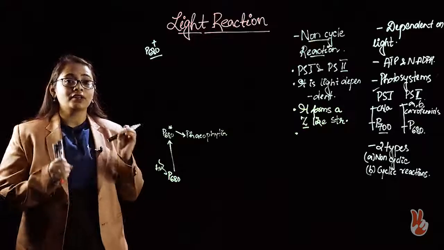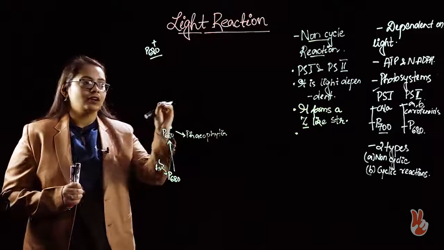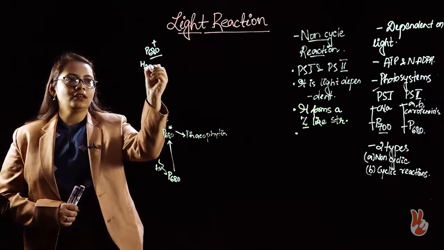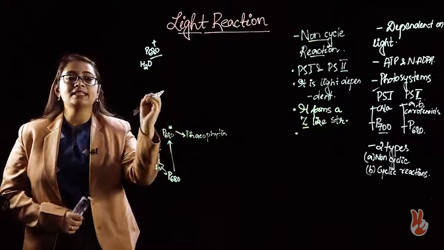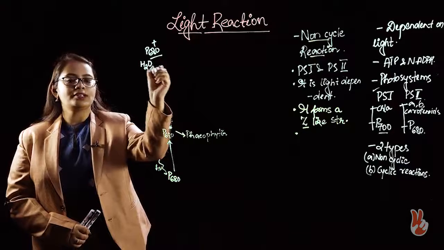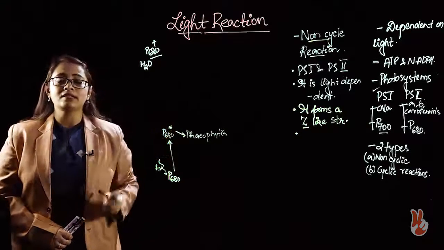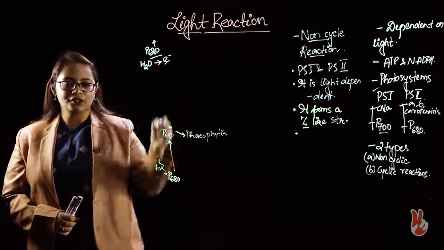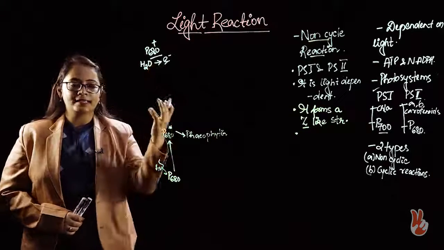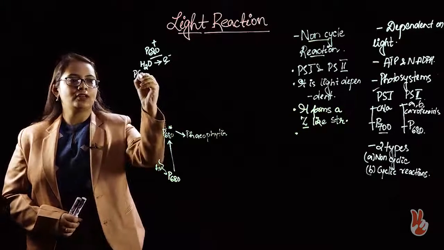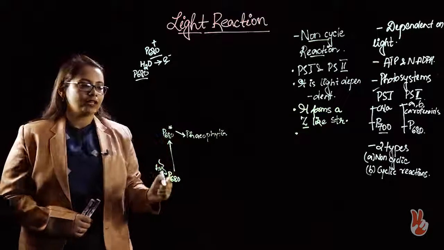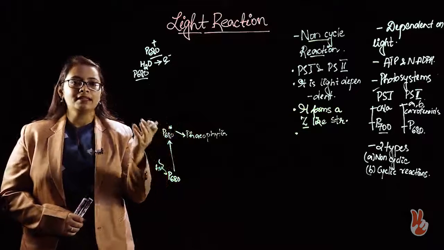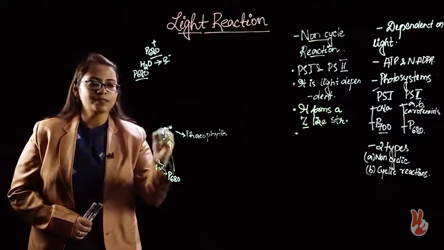And where does this electron come from? In case of oxygenic photosynthesis, the water molecule will act as electron donor. So this water molecule will split, or hydrolysis of water will occur, as a result of which it will leave the electron. While accepting the electron, the P680 molecule is again regenerated. So it will occur after the pheophytin has accepted the electron from this molecule.